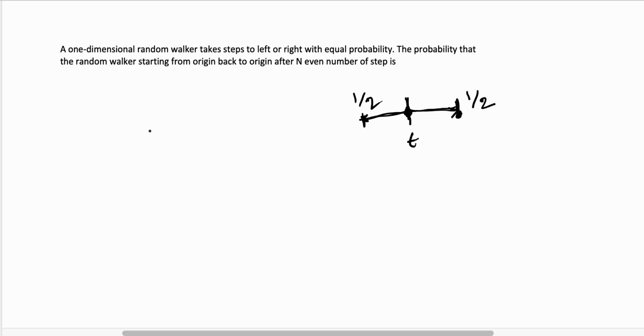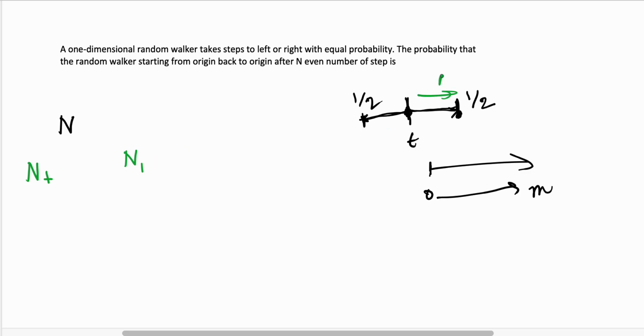So now what is asked is this: suppose this crazy guy just wants to go from one place to another. Suppose on the right side he wants to reach from 0 to the mth step. That means if in a total of n steps, he took n plus steps in this direction and n minus steps in this direction,